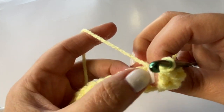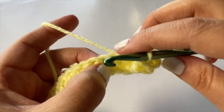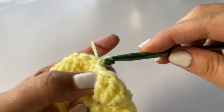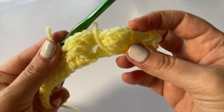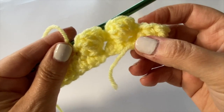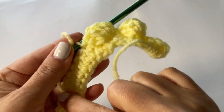Okay, then we come back up to the top where we were. We skip the next 2 stitches and into the 3rd we slip stitch. And that is what you're going to repeat all the way to the end of your row. Look at how nice and cushy this looks. So that's it. These are the pocket groups, and you're going to work them across the way to the end